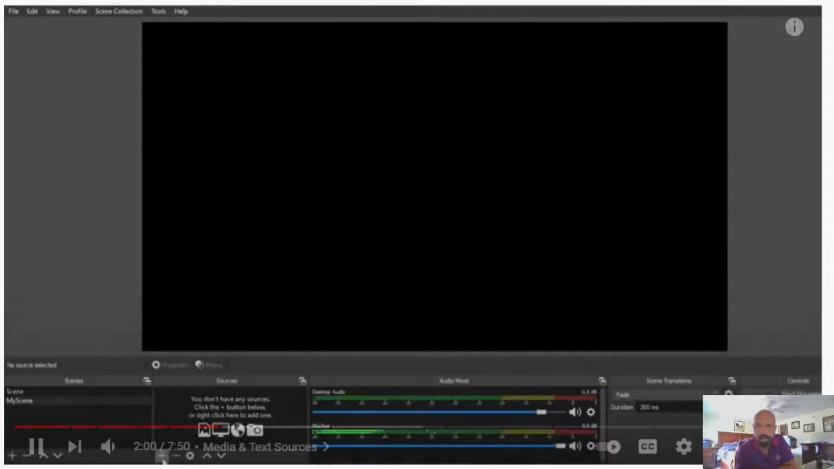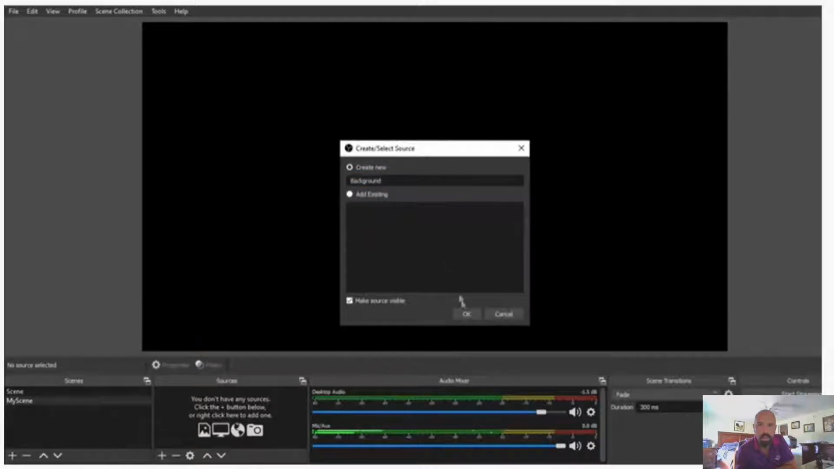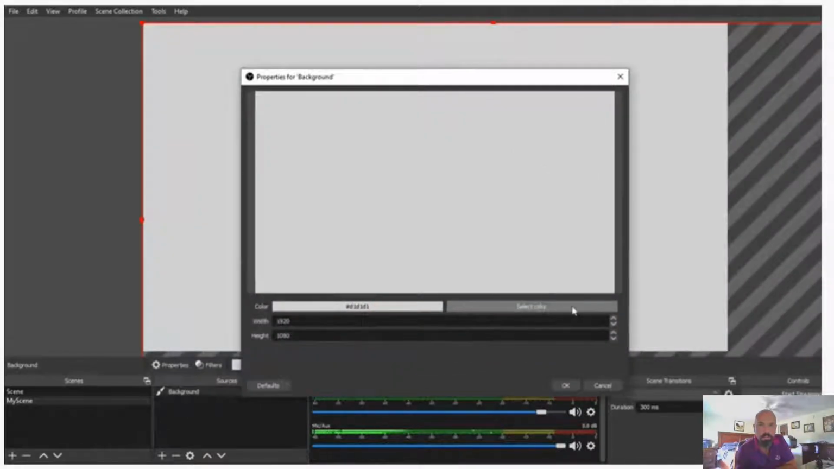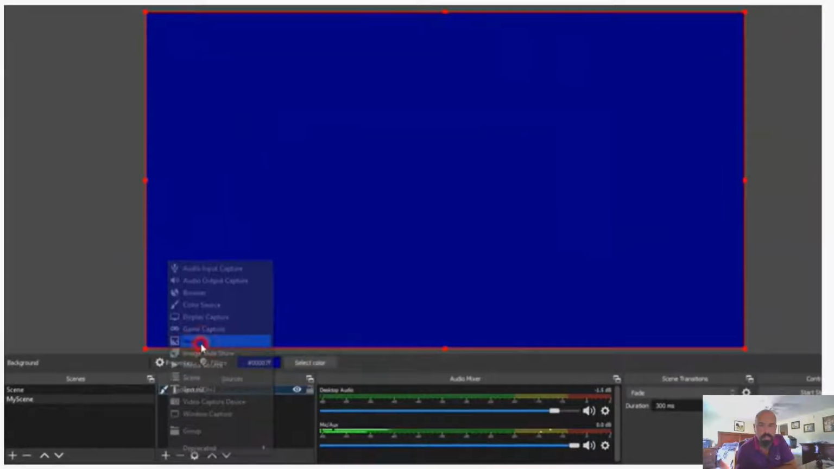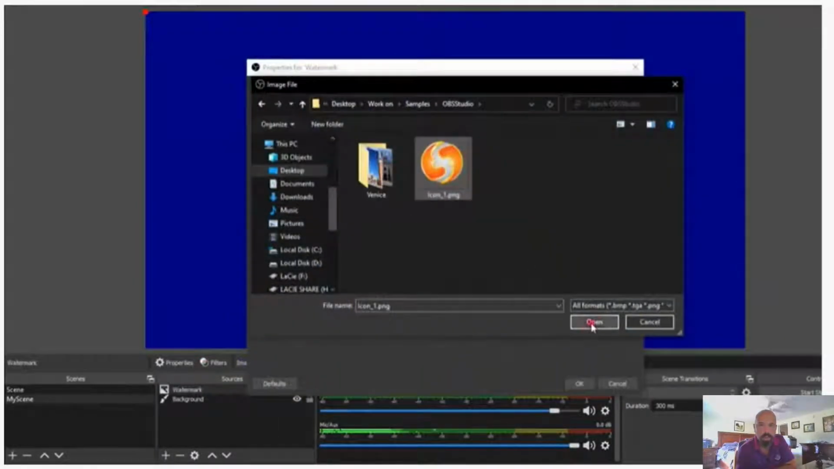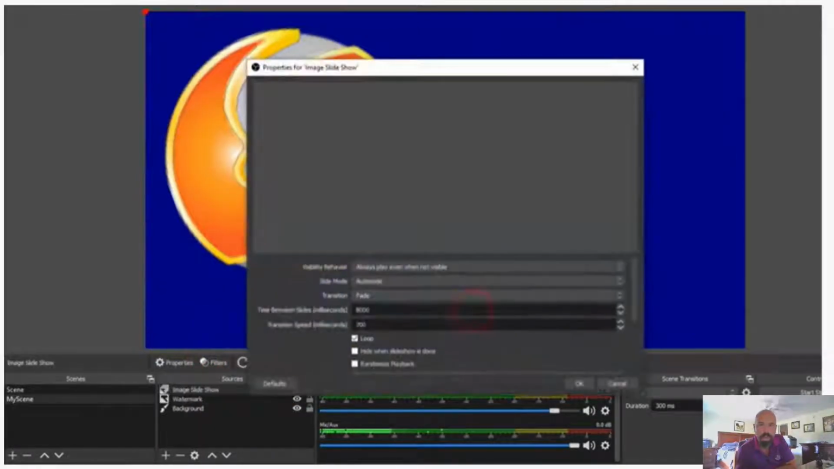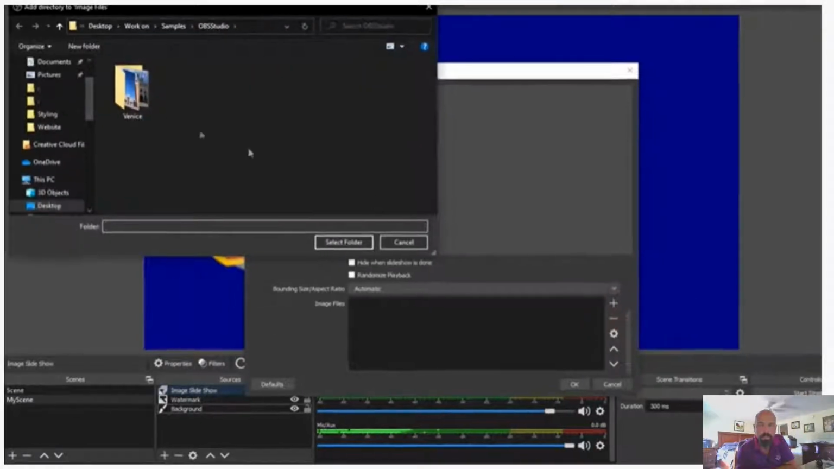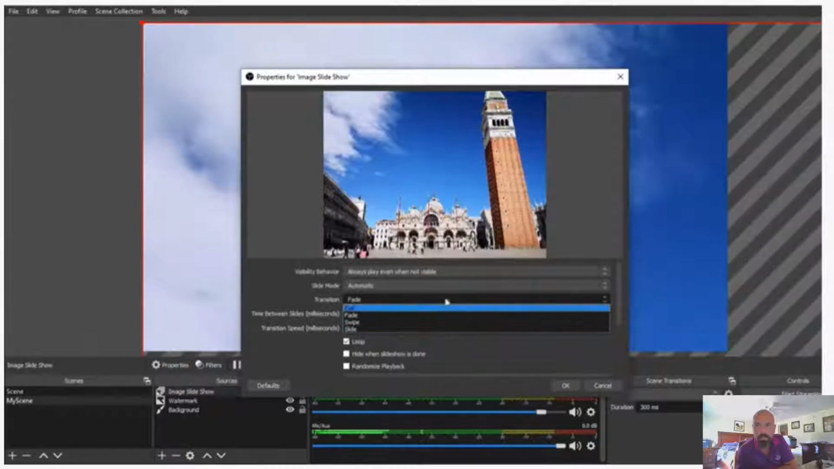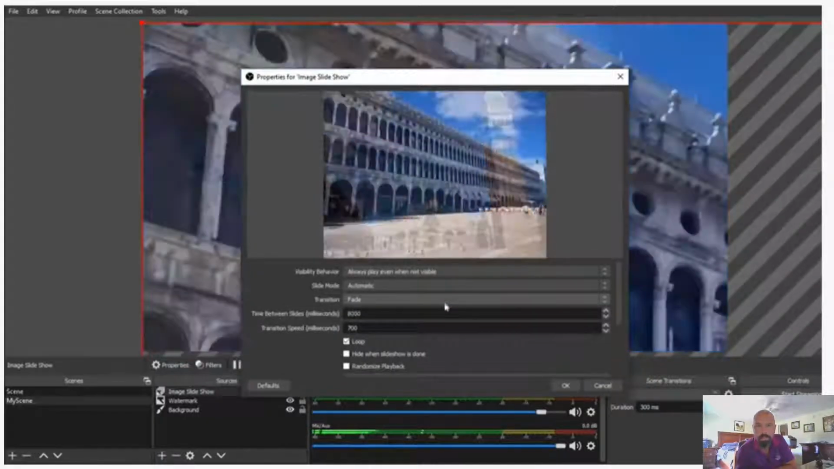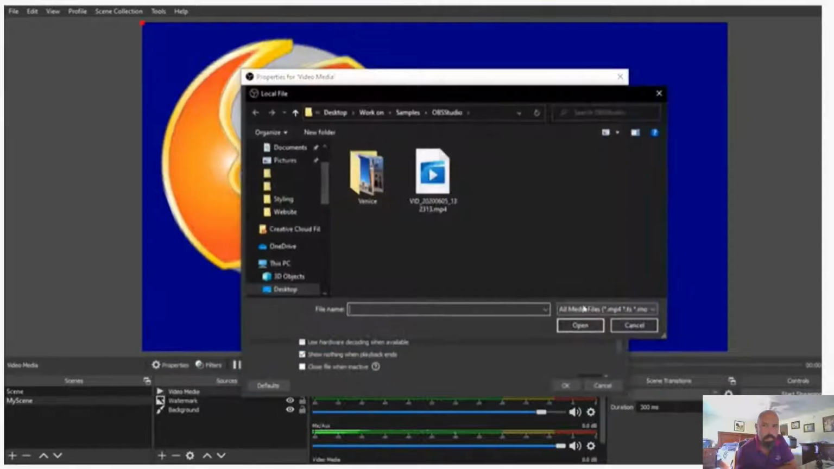Whereas to include visual sources, you have a lot of options. With Color Source, you can add a plain colored background. With Image, you can include any of your images. And with Image Slideshow, you can import a slideshow of images with transitions between these. You can also use Media Source to add any video file